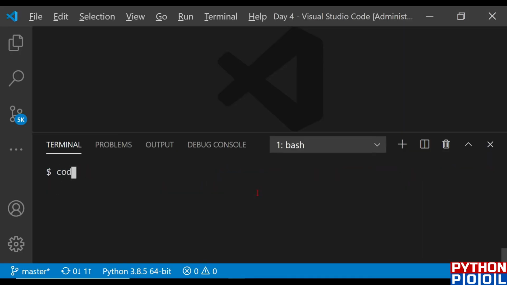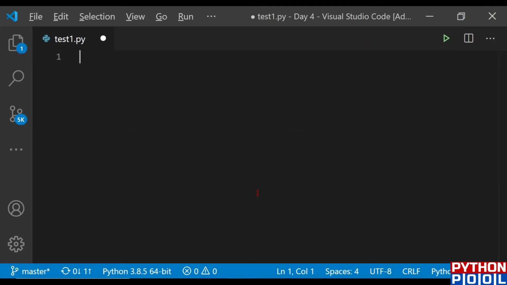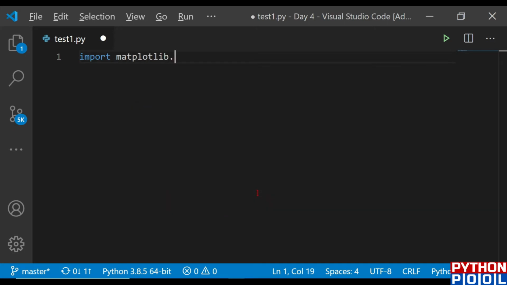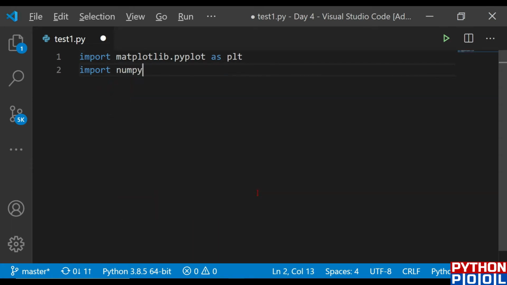Let me code one file, name it as test1.py, and once my file is ready, I'm ready to start with the program. First of all, let's import matplotlib.pyplot as plt, and after pyplot I'm just going to import numpy as np, and after that let me define the figure and axis using the subplot function that we learned earlier.